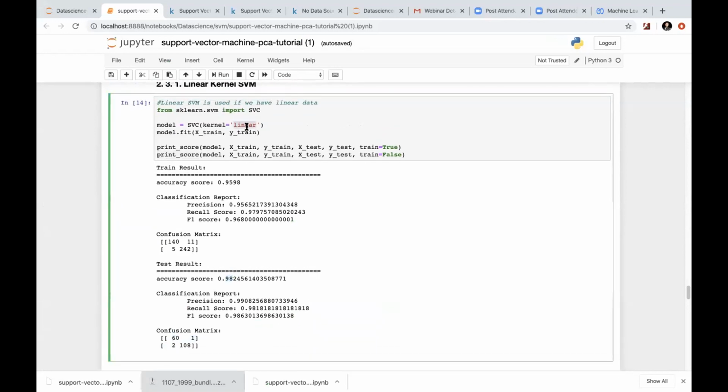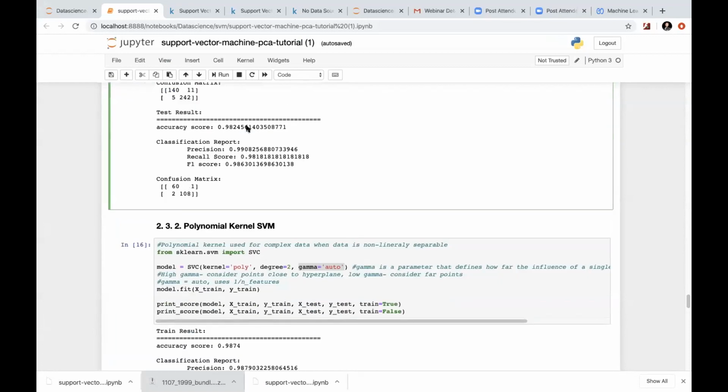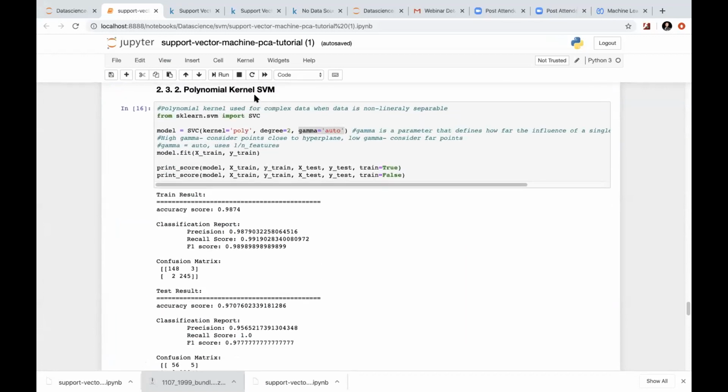And here what we have used is a linear kernel. By linear kernel, it means that we are not going to go for what I showed you with how radial works. Radial takes another variable z and draws an imaginary z axis, and compares and draws with respect to that. Now we have the polynomial kernel.